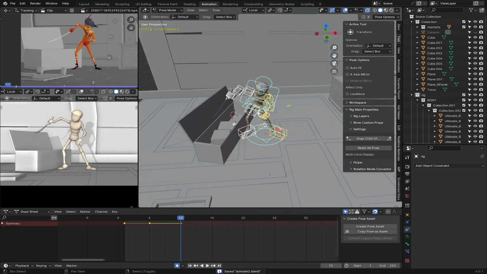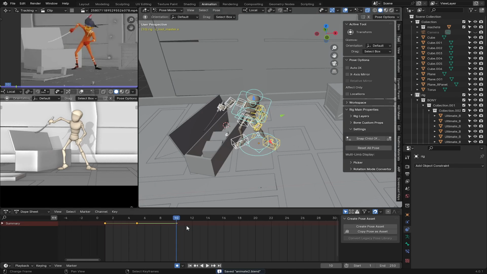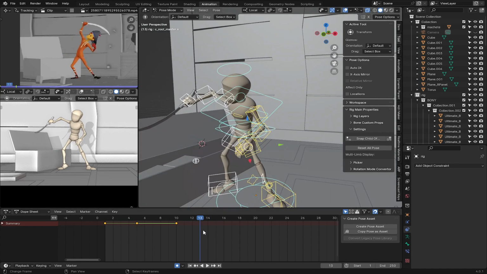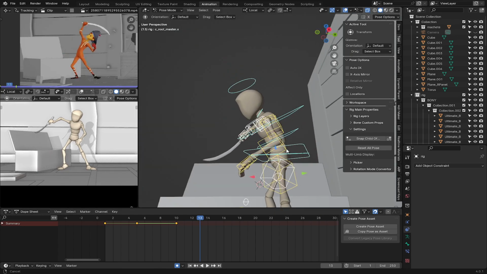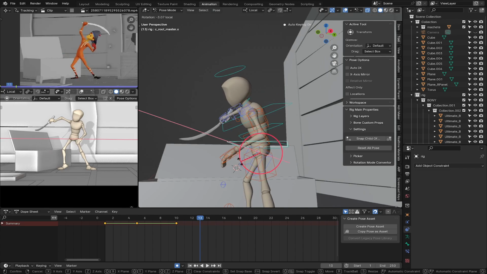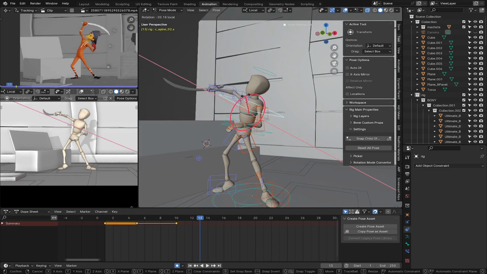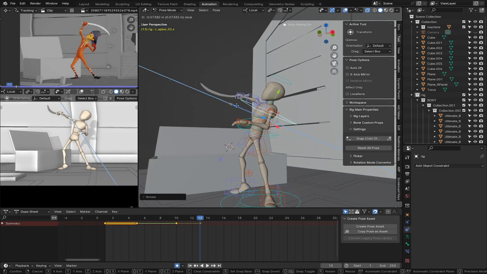Now let's go to our next pose. So here our next pose should be on frame 14. You can see on frame 13 or 14. So let's do it on frame 13. So I'm going to select the hips and rotate it. So back,